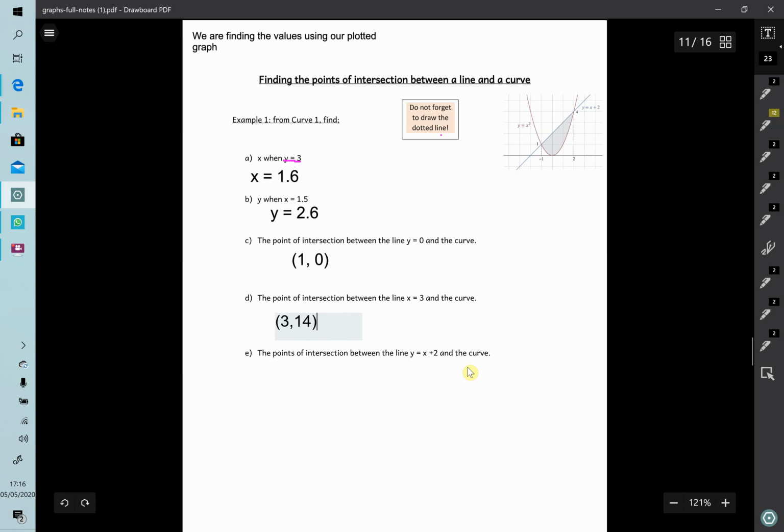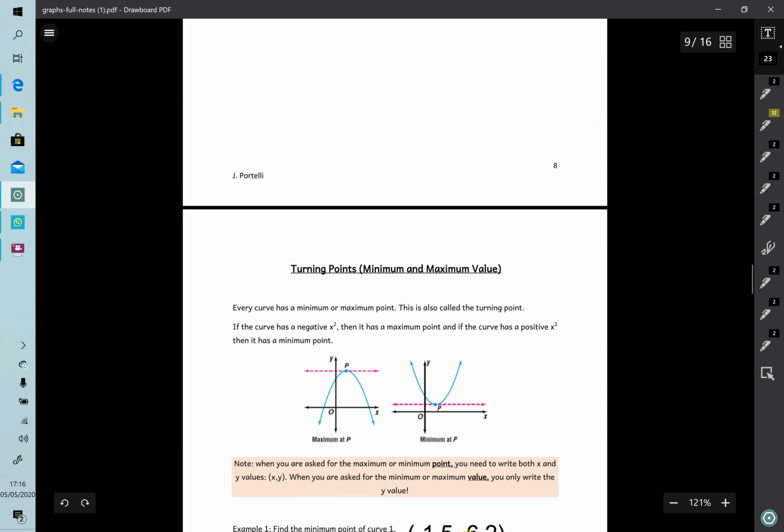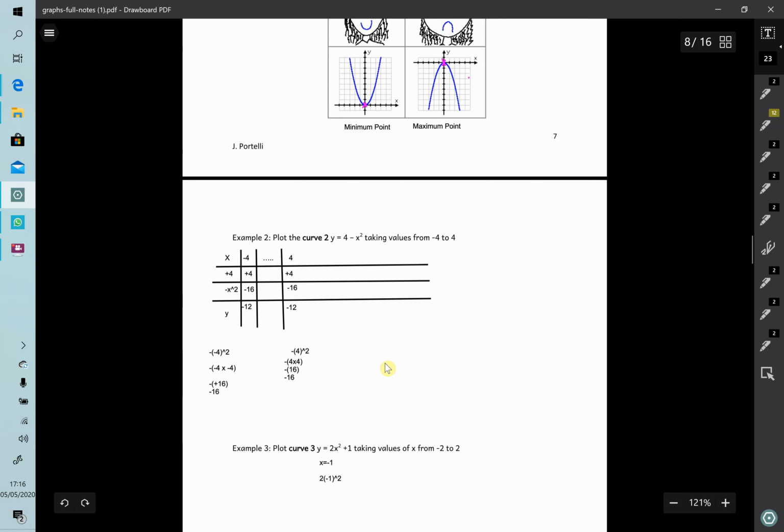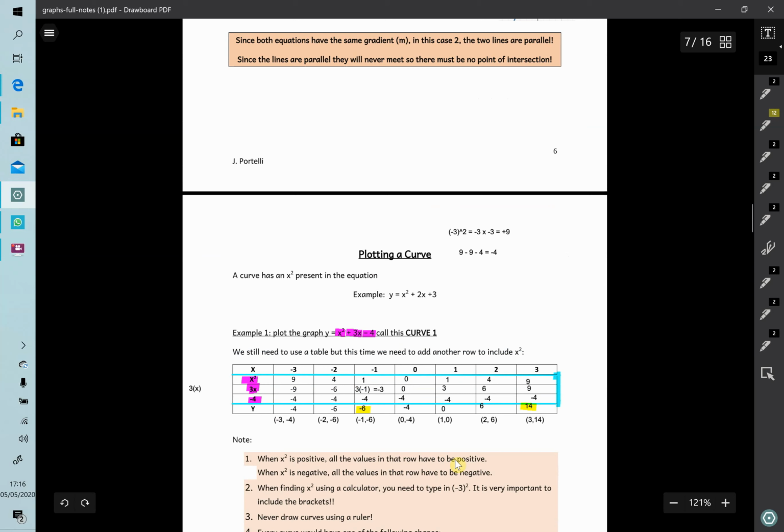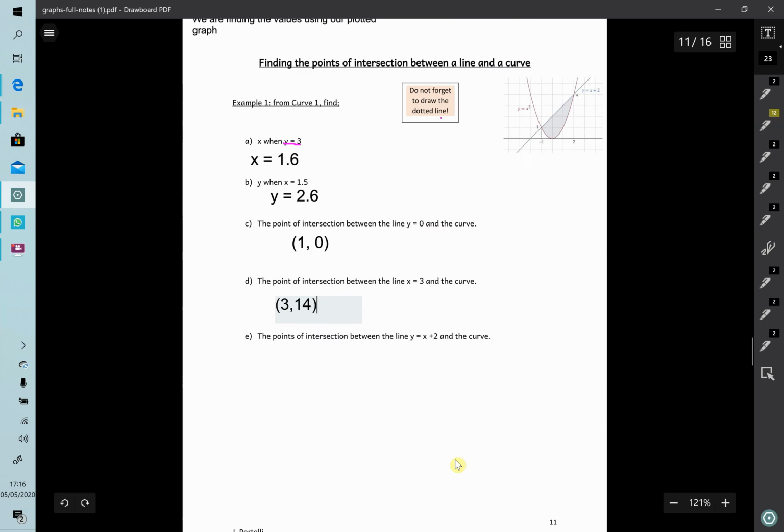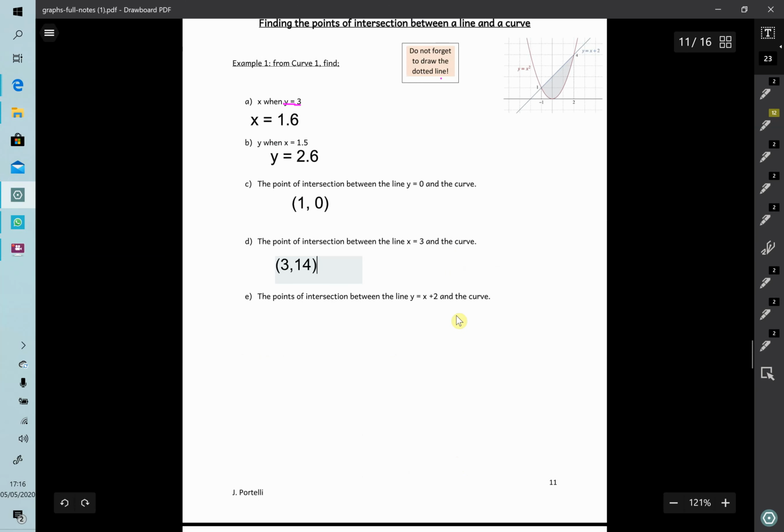Now I need to find the point of intersection between the line y equals x plus 2 and the curve. Now, in the previous examples that we've done of drawing lines, you were always given from -4 to 4, from -2 to 2. You were always told what x values to take. Now, in these particular questions in the maths, they don't tend to tell you what x values, but the majority of times the probability is that your x values will definitely be, sorry guys, I just switched it off. Your x values will definitely be,